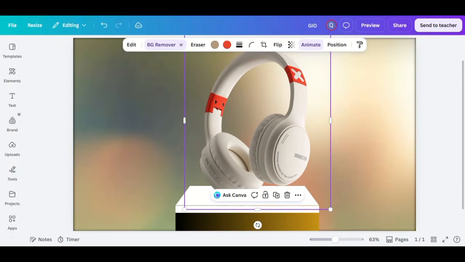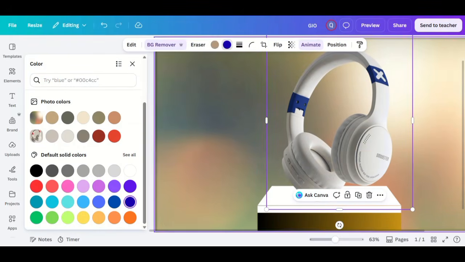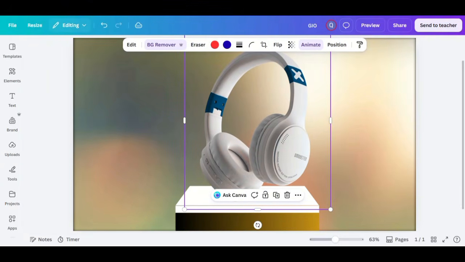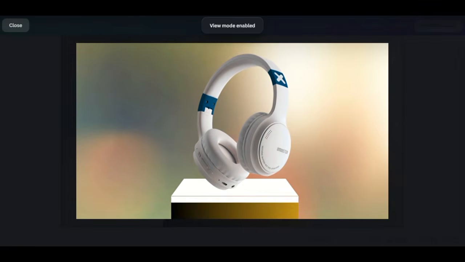Add a bold product title, a short description, pricing, and a clear call to action using modern typography. Keep the